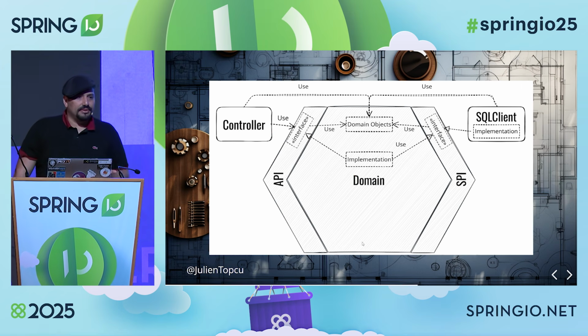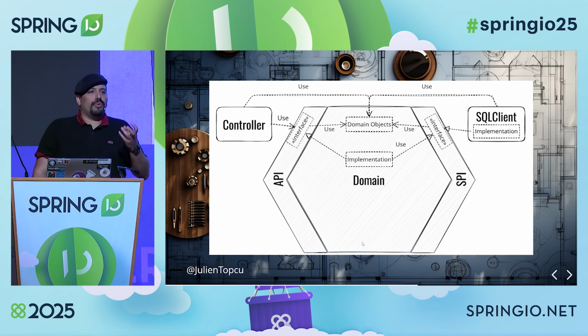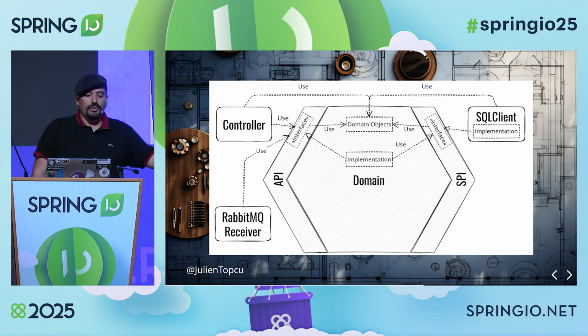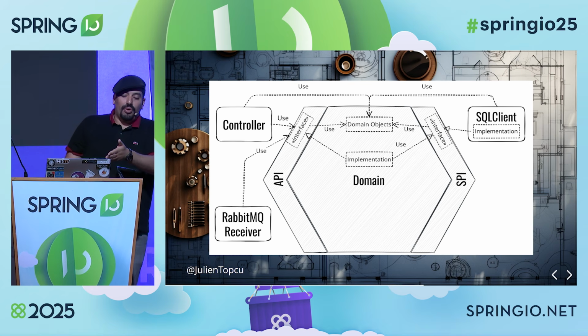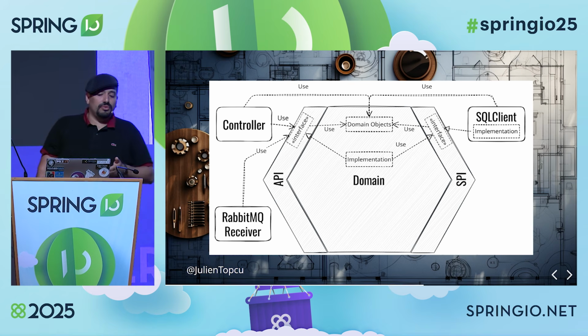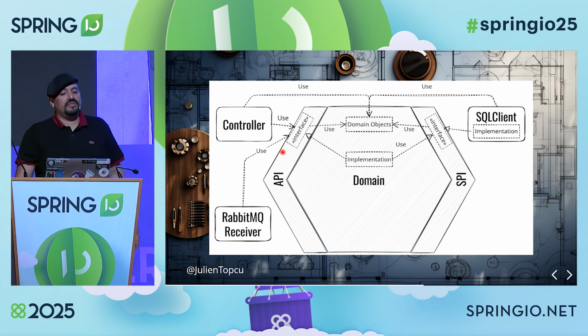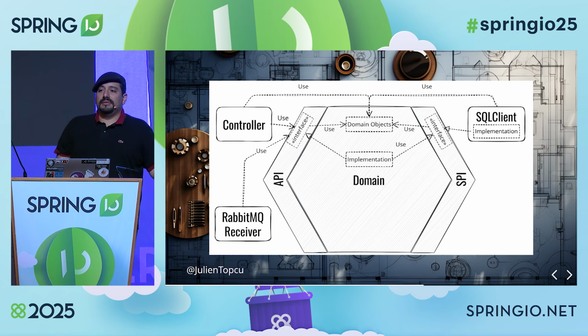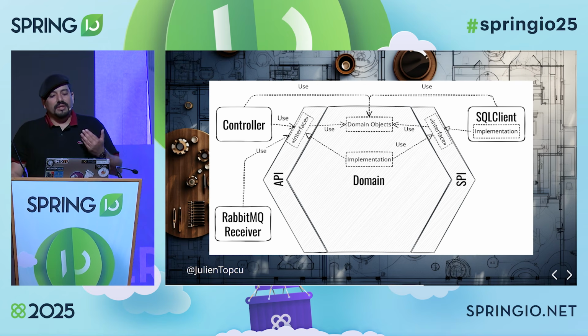Then it will be easier if you need to change the way to interact with your application over the network. For example, adding here a RabbitMQ receiver needs to write only one module here that uses this interface without having to change the domain. But the domain will need some data, right? So that's why here it defines a set of interfaces which are called the service provider interfaces that help the domain to interact with the outside.